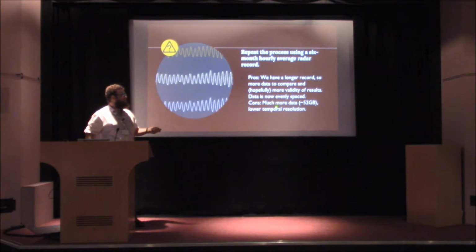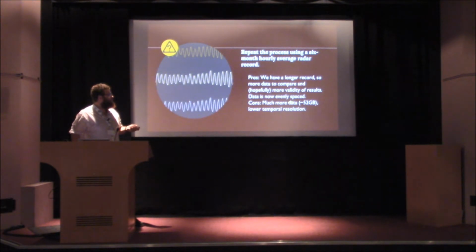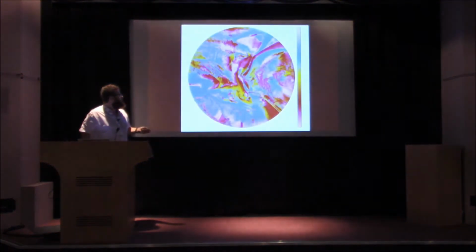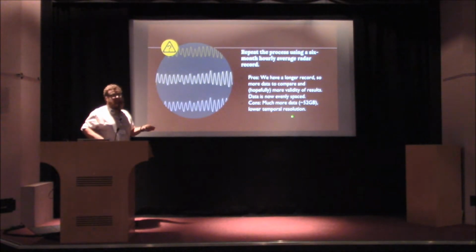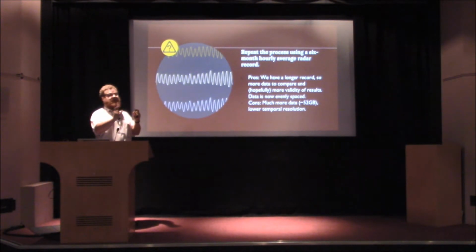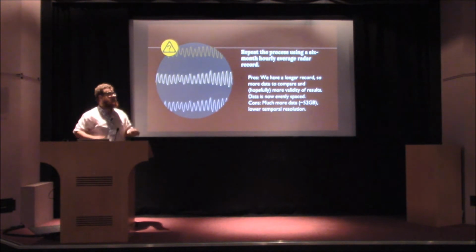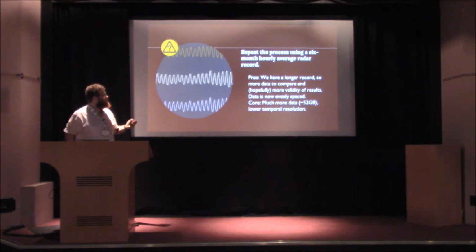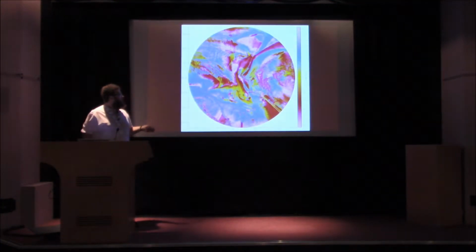The downside of that is a 6-month record is 52 gigabytes. So trying to do matrix operations on a 50 gigabyte array starts to get computationally expensive. And there's this lower temporal resolution, because I'm only hourly now. But what you can do with that lower temporal resolution, because you shift the tidal signal and not the radar signal, is you can actually resolve phase differences smaller than the temporal resolution of your radar data, which is quite handy. So you run this, and you start to get a figure that looks like this,